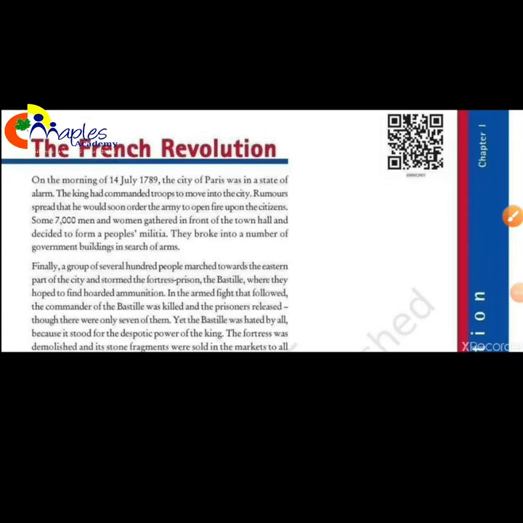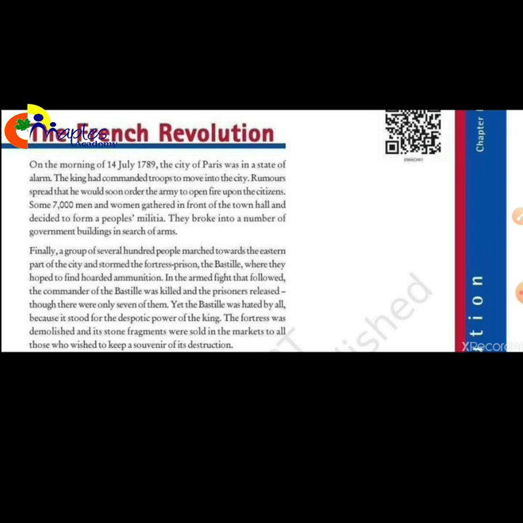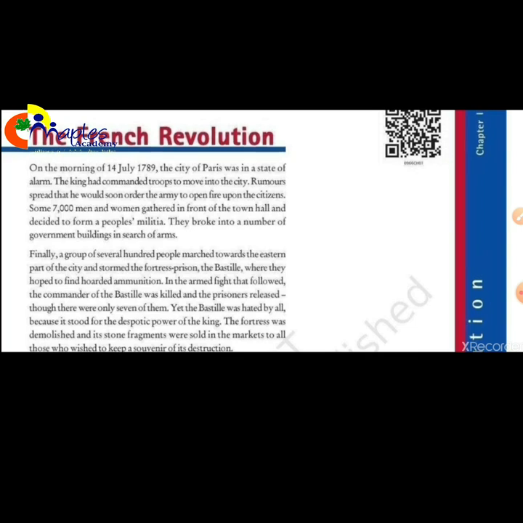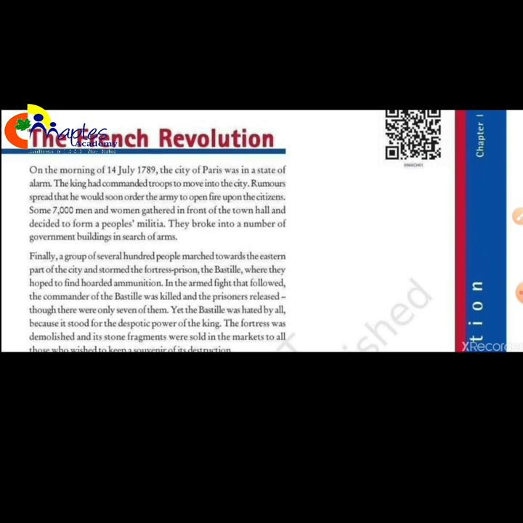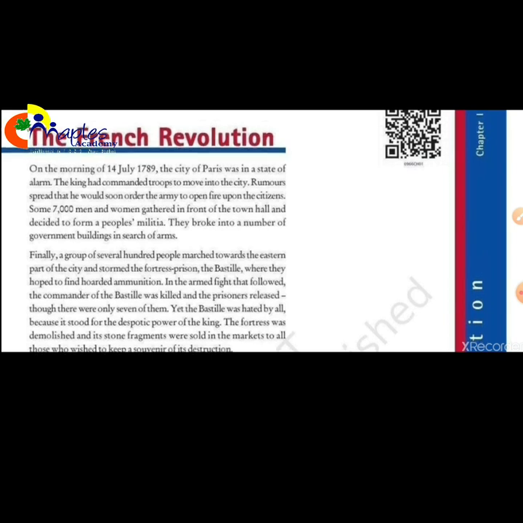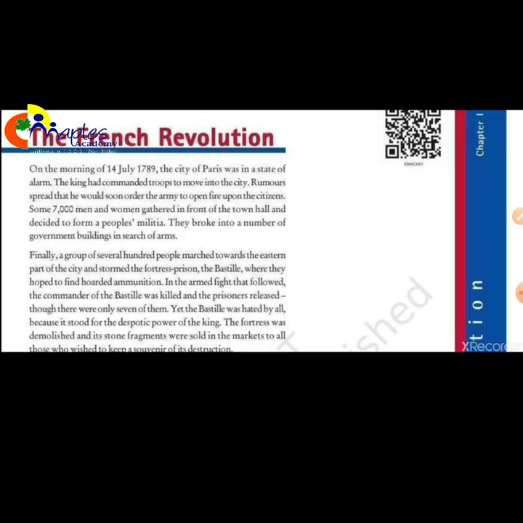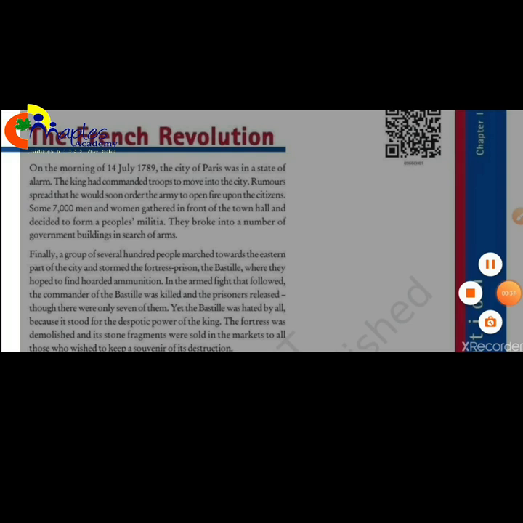In this chapter, we will discuss the reasons of the French Revolution, the outcome of the French Revolution and its influence all over the world. The main reason for the French Revolution was social, economic and political disorder. Write it down. The reasons were social, economic and political disorders, including the aristocracy of the king, empty treasury, no political equality, extravagant court and long wars. About this we will discuss further in this video.